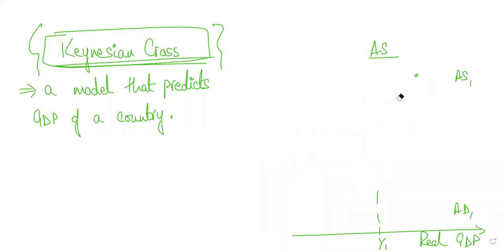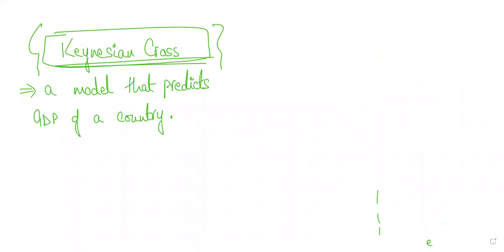So what do you have to know about the Keynesian cross? First of all, we know what aggregate demand is made up of. Have a look at this. Aggregate demand is made up of what, students? It's made up of consumption, investment, government spending, and exports minus imports. These are the components of aggregate demand. This is something that we already know. I'm just listing this down. Is it making sense?